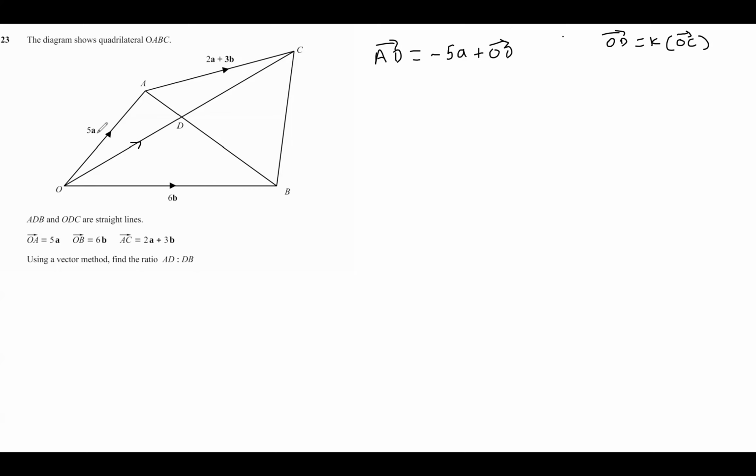And O to C we can find quite easily. So OD is going to be k lots of 5a plus 2a, that's 7a plus 3b. So then we can say AD is minus 5a plus OD, so AD is minus 5a plus k lots of 7a plus 3b. Therefore, AD, if we simplify this, is going to be minus 5a plus 7ka